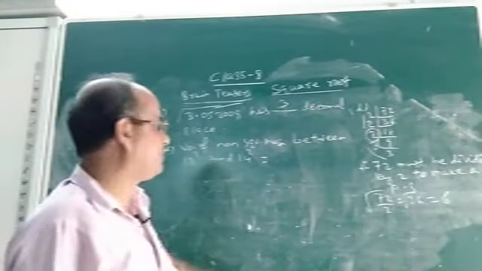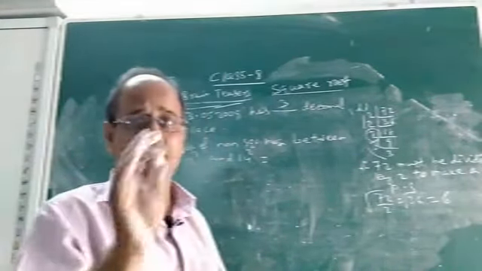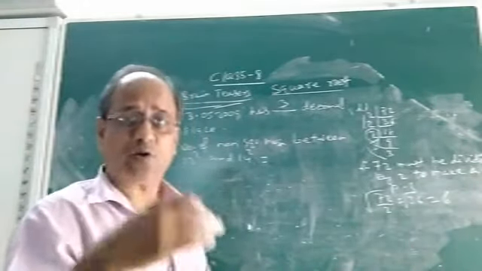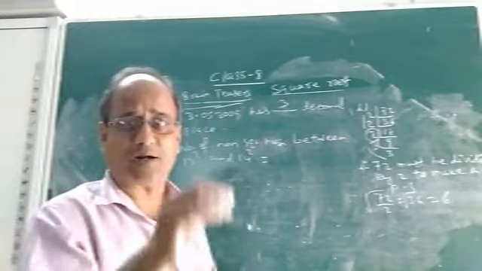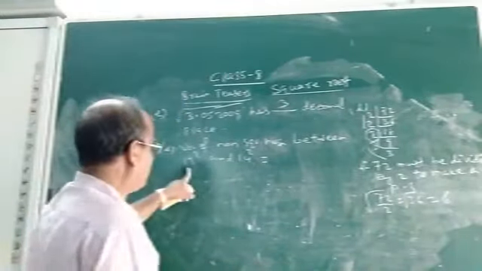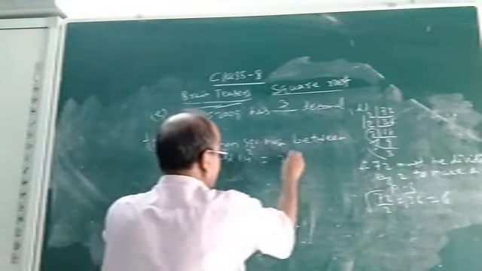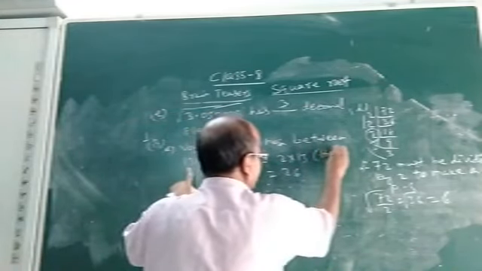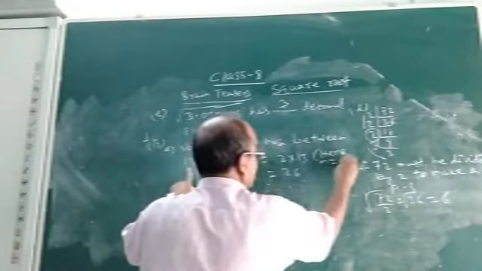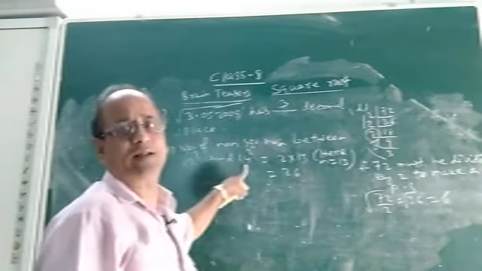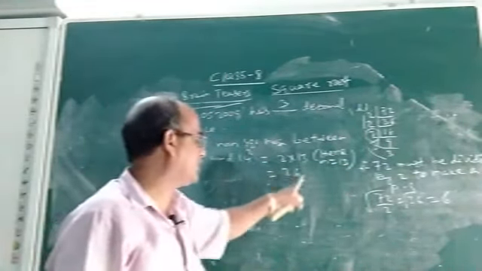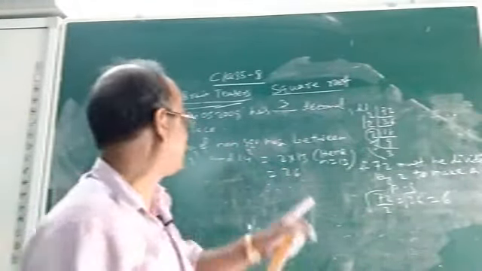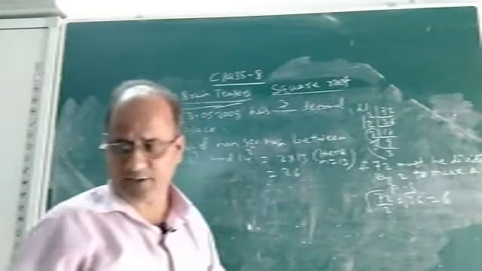So we know that the number of non-square numbers between the squares of any two consecutive natural numbers is 2 into n. Here n is 13, n plus 1 is 14. So 2 into n means 2 into 13, 26. This will be the answer. So there will be 26 non-square numbers, or non-perfect squares, between 13 square and 14 square.